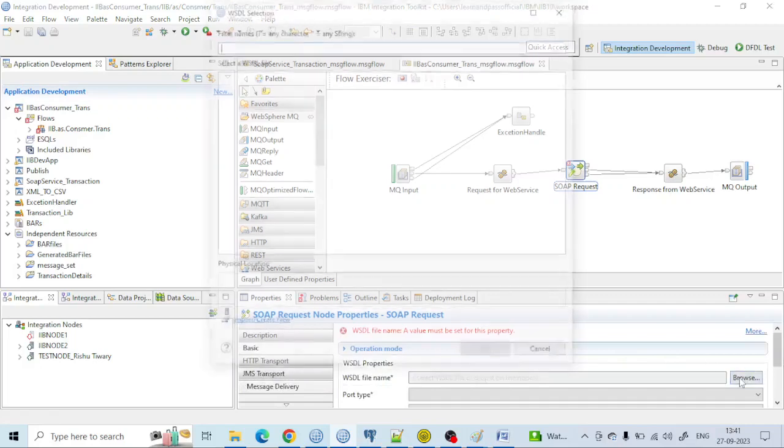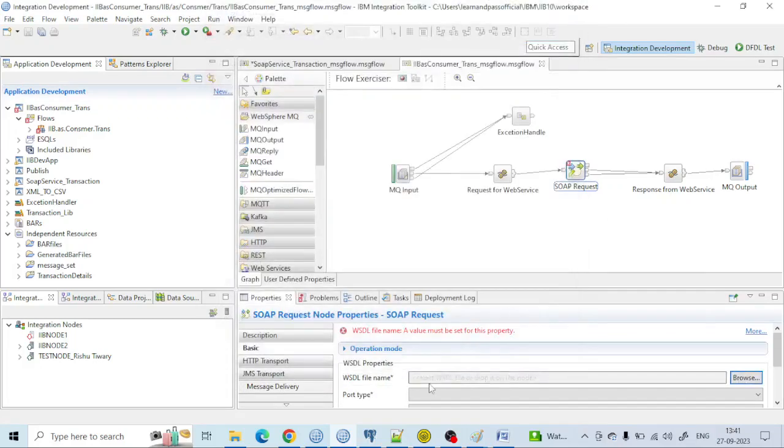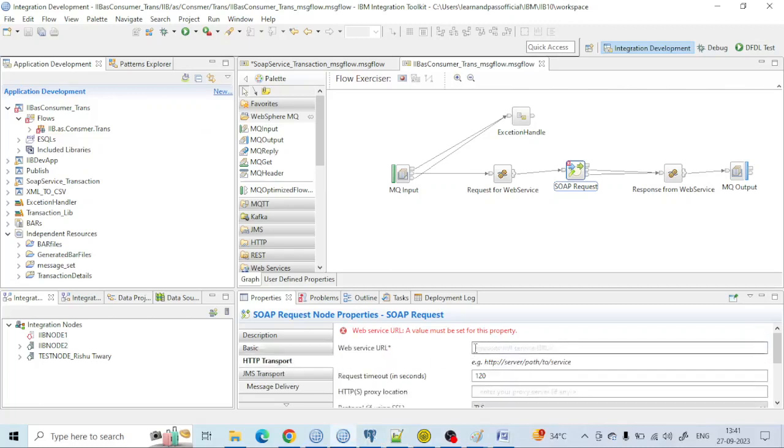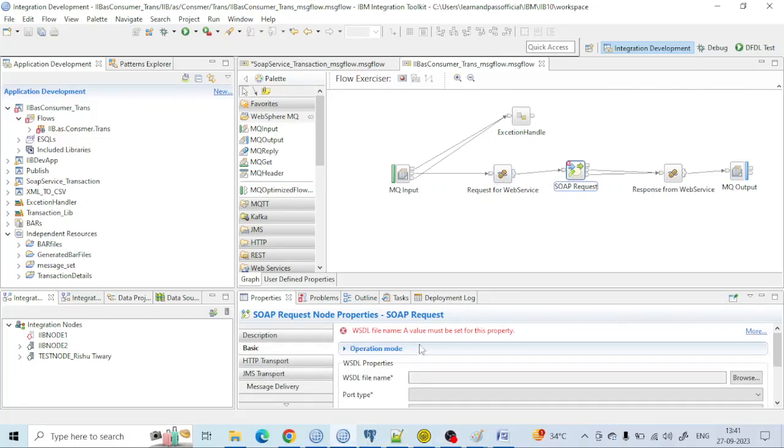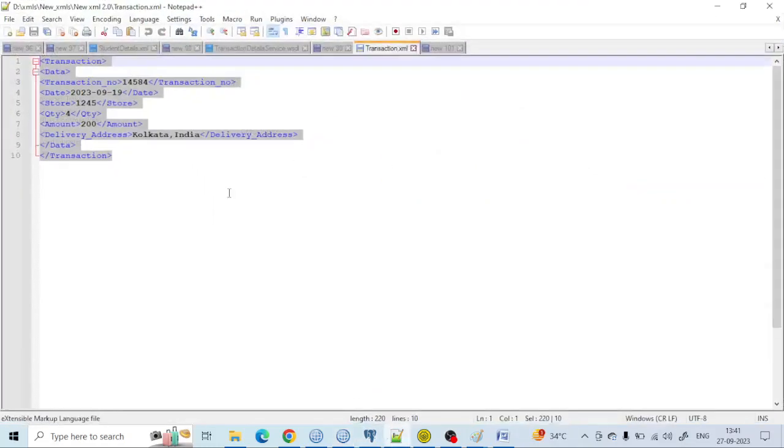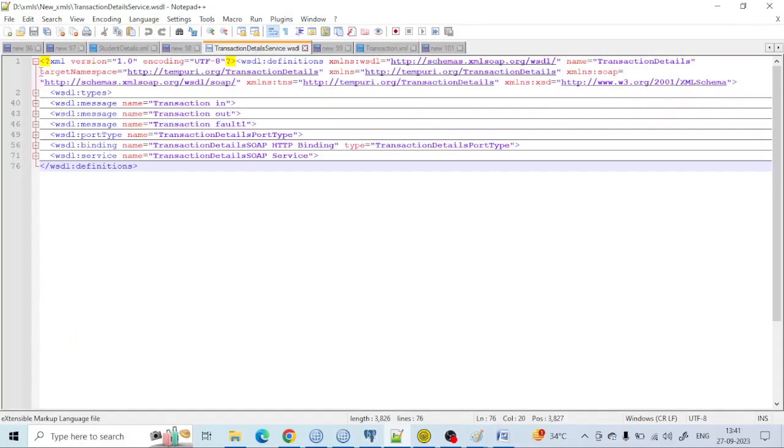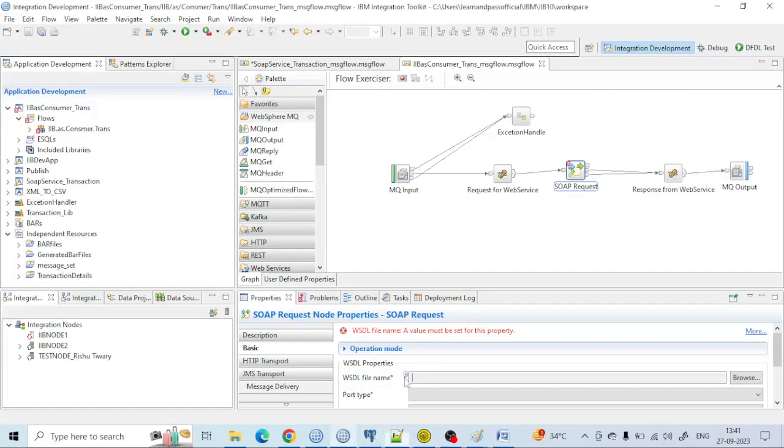In basic, we need to give the WSDL of the web service. In basic, we need to provide the web service detail and also the web service URL, because to understand the web service more, we need the WSDL for the SOAP-based service, and also the web service URL that needs to be hit, because once the request comes here,